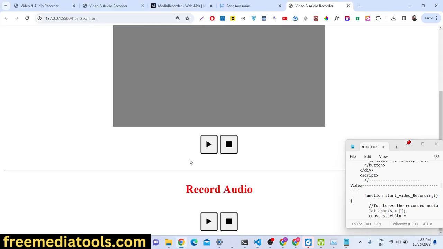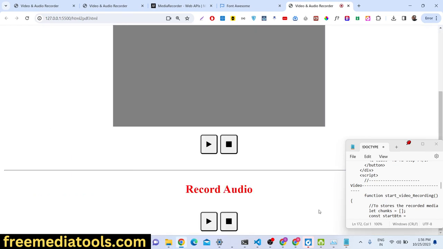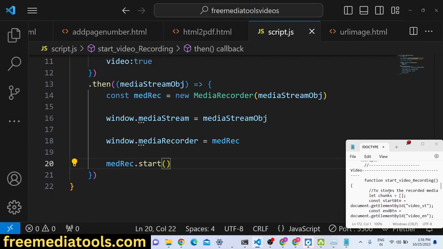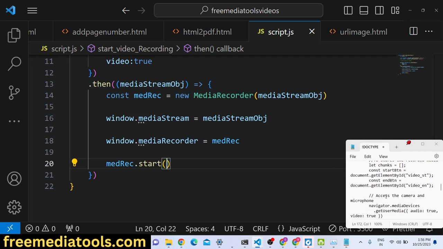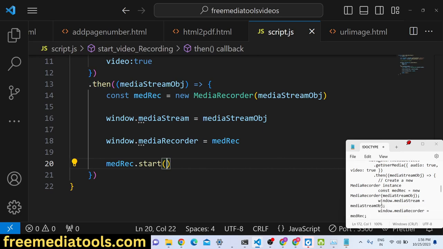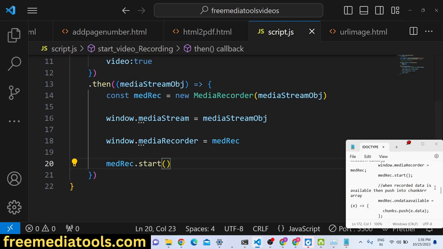So if you do like this, guys, click on that. In the console here, nothing happens. If I click that button, just wait guys, let me see. Whenever it starts, guys, basically this variable has its own